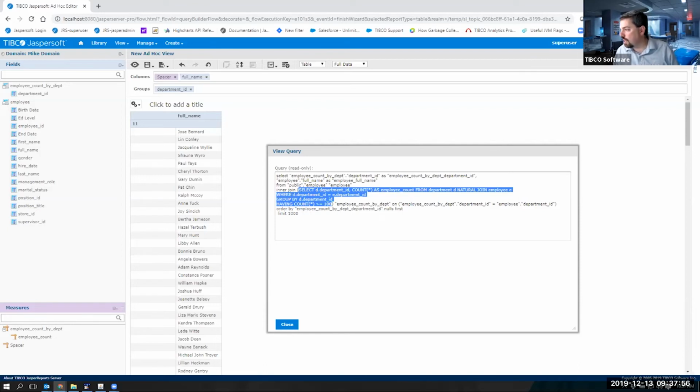All right, we got some more questions coming in. Is there a way to determine the domain size in the UI? No, there's no way to know the size of the domain in the UI. And I'm not sure if you mean the physical size of the schema and the definition of the domain or the actual amount of data that's accessible to the domain. Either way, there's really no way to tell that in the UI. You can export the schema file and actually take a look at the domain size that way.